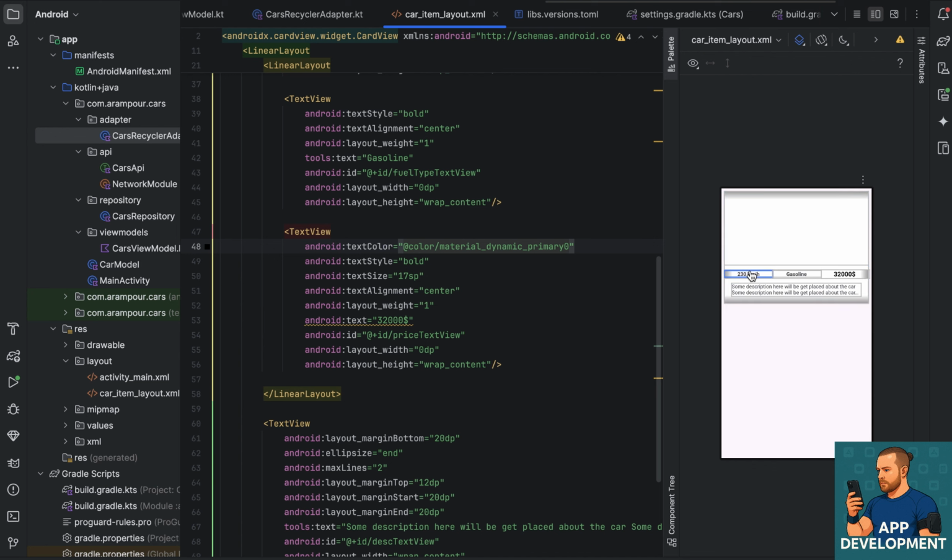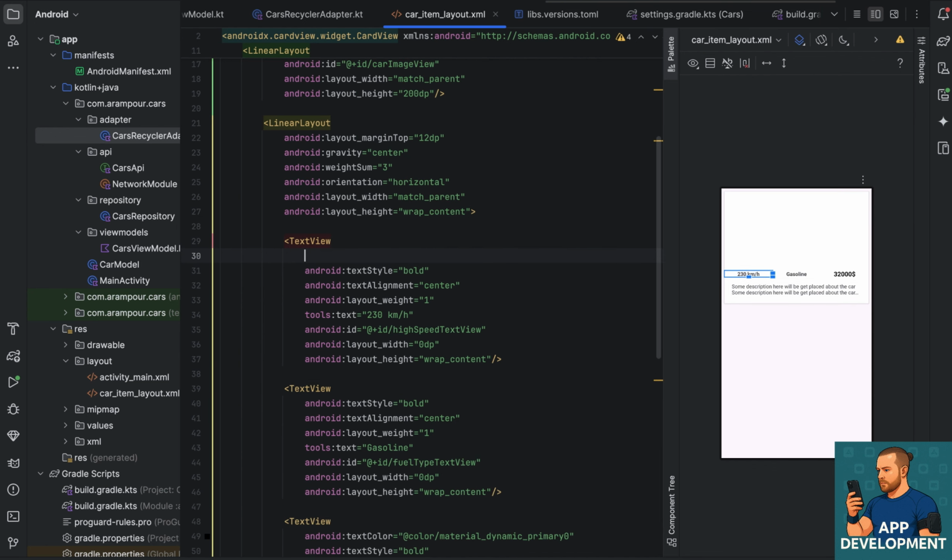Primary color. And I want these to have color of gray,